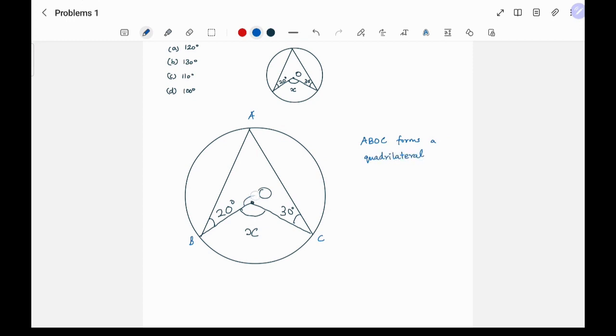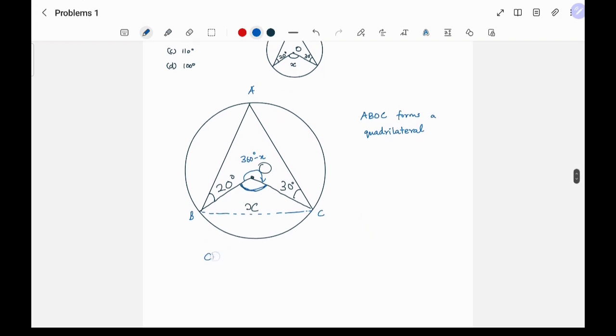So what will be this angle? This angle will be 360 degree minus x, correct? Because this is x. This will be 360 minus x. And using the property, so if you have a chord BC, the chord subtends twice the angle at the center than at the circle. So chord